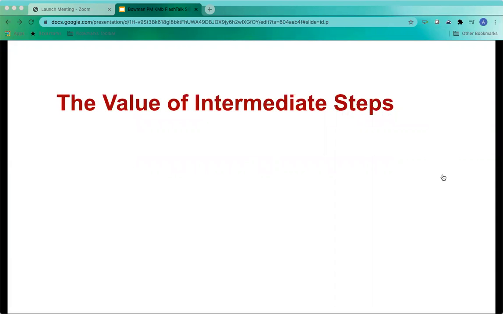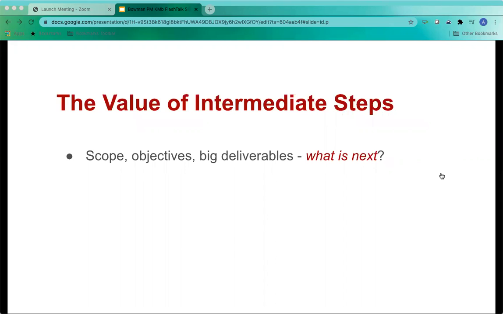All right, I want to start by stressing the value of intermediate deadlines. Annalie, could you please give me one more bullet? Let's assume we have the scopes, objectives, big deliverables that are likely to find in a formal document, maybe even a contract or an MOU. What's next? In my 15 years of doing this kind of work, I find we often underestimate what, who, and how long it's going to take to get us to those goals and deliverables.